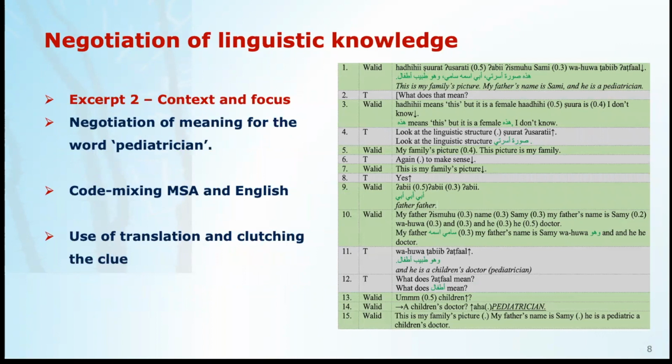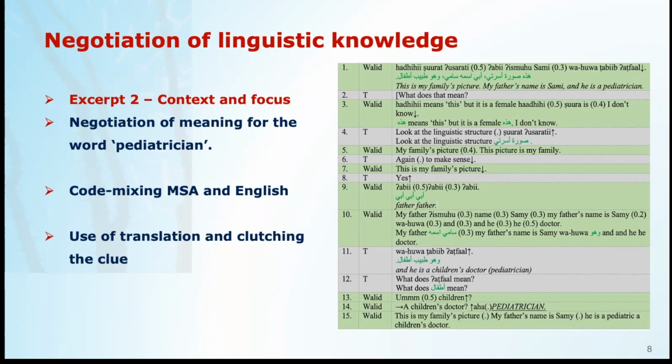In a second excerpt, the teacher here is talking about the word pediatrician, which is an interesting word in English. When you translate pediatrician, there is no single word to pediatrician already in Arabic. You have to do this as a construct state, إضافة. So you say طبيب أطفال. It's like doctor children, and that's pediatrician in Arabic. Now we will see how the teacher is negotiating the meaning of pediatrician from English and how she is using English and the students' dialects to come up with that connection between pediatrician and the